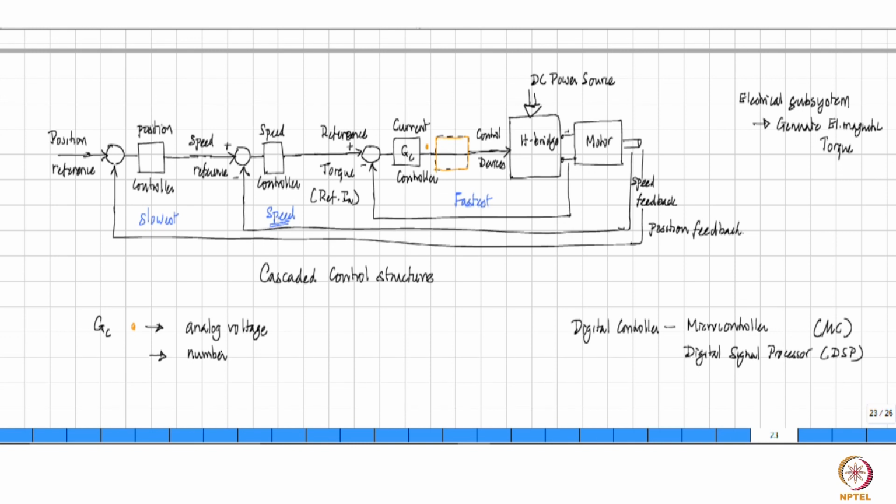Now, there is obviously a disconnect between what the output given by GC is and what needs to be given to the bridge. What needs to be given to the bridge is a signal saying switch on, remain on for some time, switch off. It needs a switching control signal. Whereas what GC gives you is a number or an analog output voltage, therefore you need something to convert this into the signals that the bridge really requires. And that job is done by a block known as modulator.